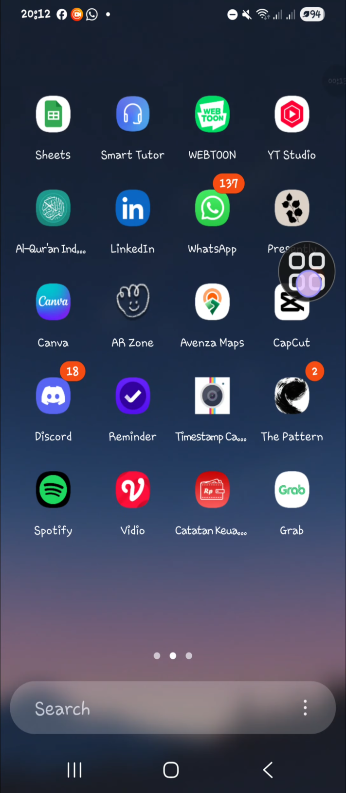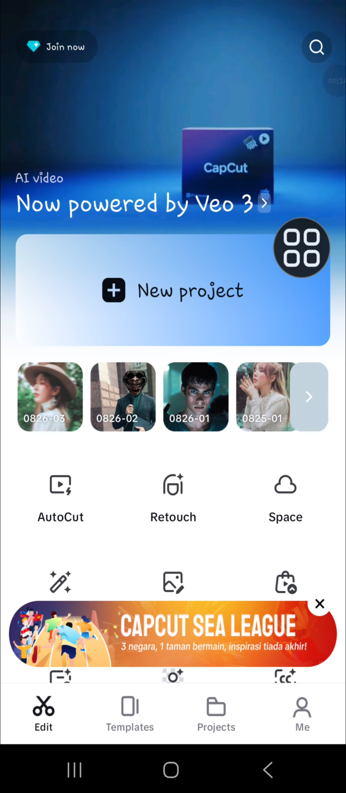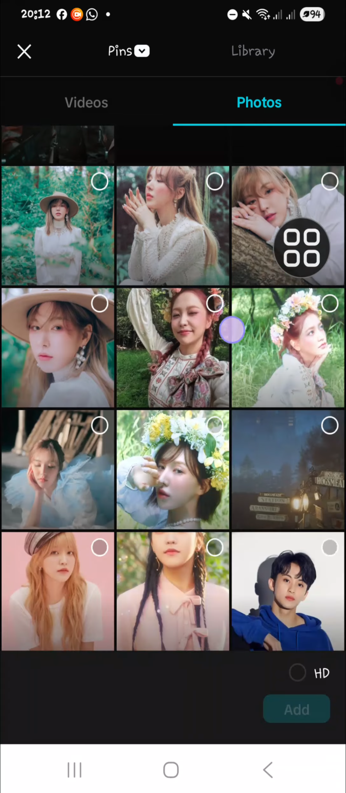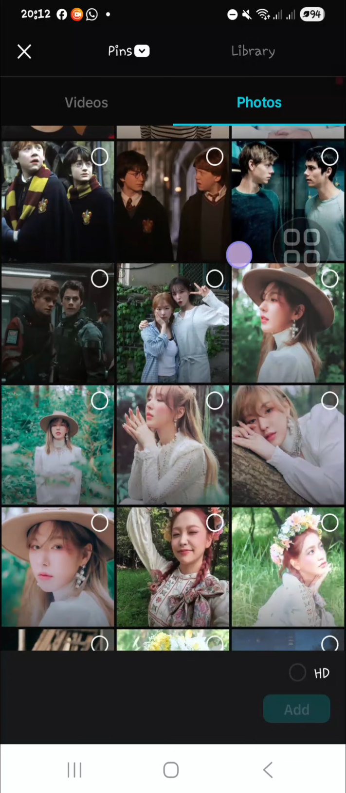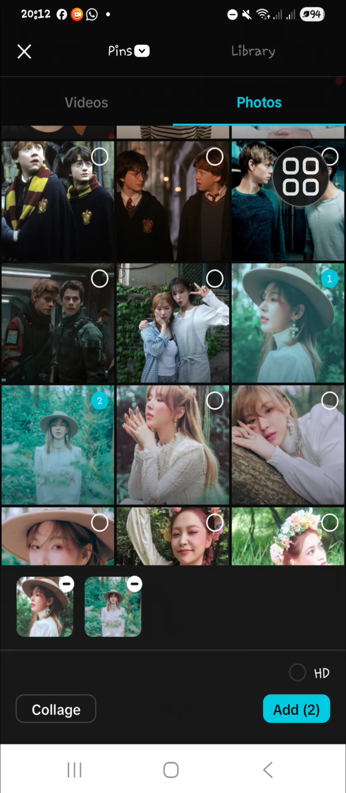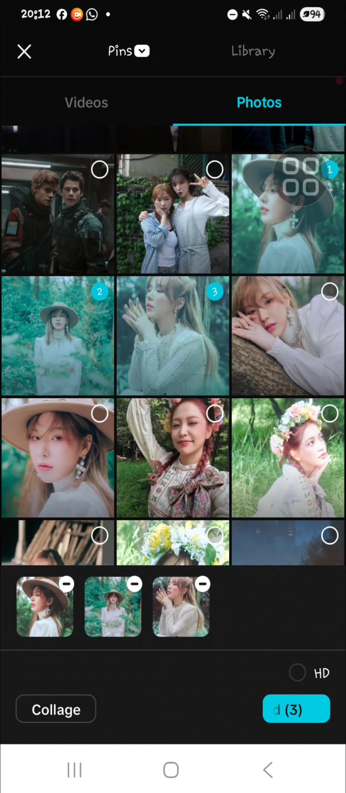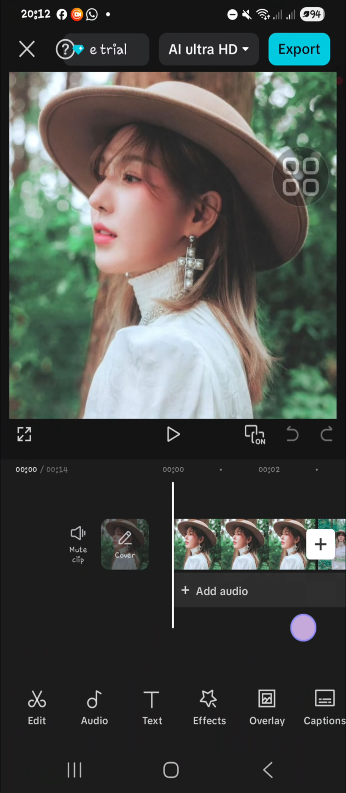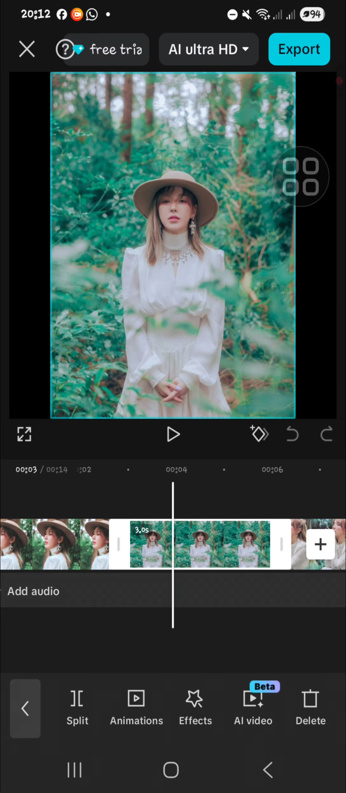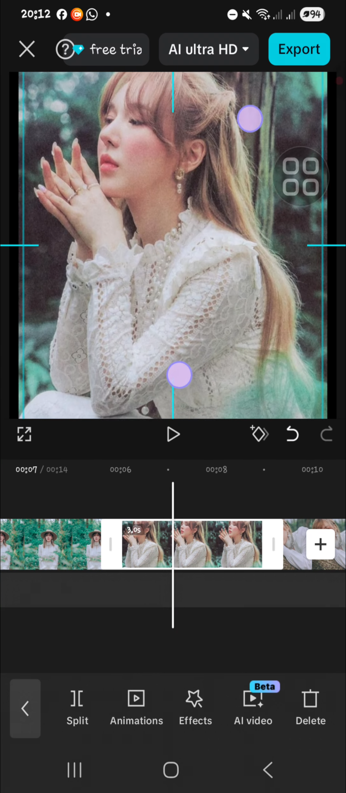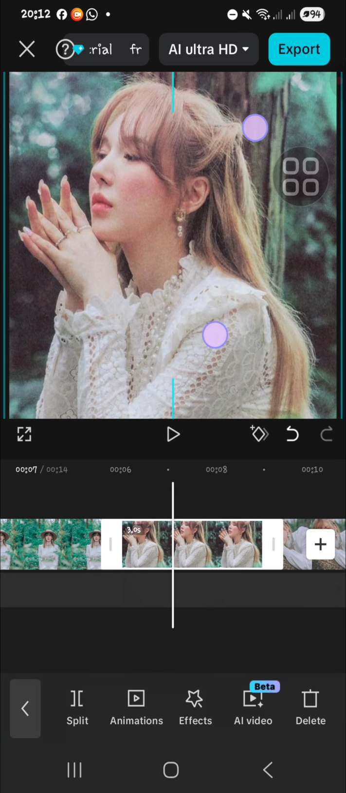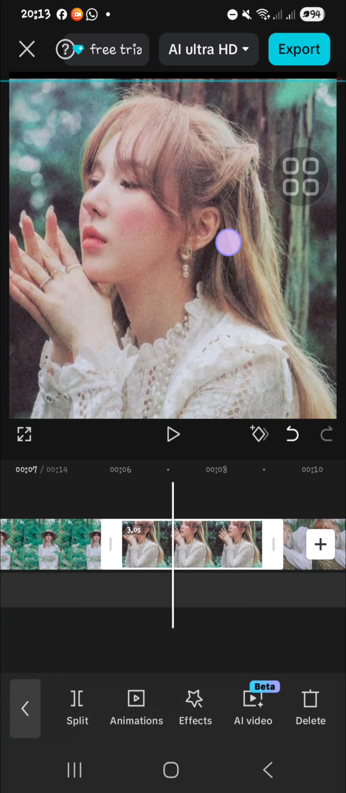First of all, I'm going to open up my CapCut application and then I'm going to create a new project and I'm going to import some photos from my gallery. For example, I'm going to upload this photo, this one, and also this one. And then I'm going to click on add. Okay, and then wait guys, so let me adjust the position like this. Okay,